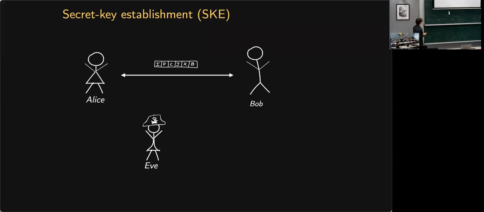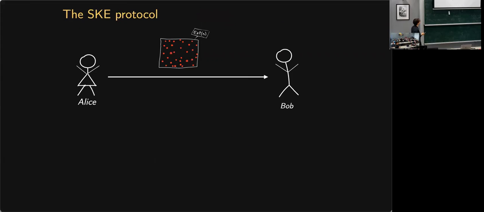So I have three protocols that I can present. The first one is secret key establishment. I think it's the most straightforward one. So the idea: Alice and Bob want to share some one-time pad. Eve is in the middle and wants to learn the one-time pad. And we'll say it's sound if Alice and Bob end up with the same key, and it's private if Eve has absolutely no clue about it. I think that's it. Her conditional min-entropy is negligible.